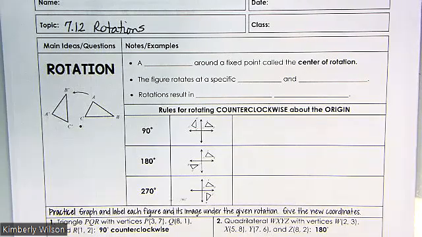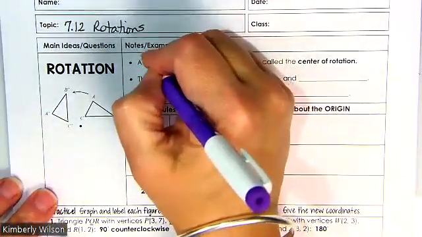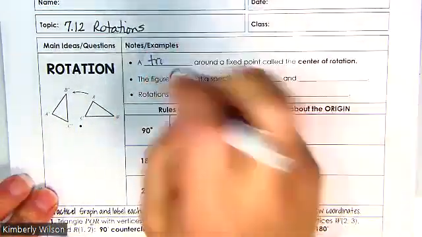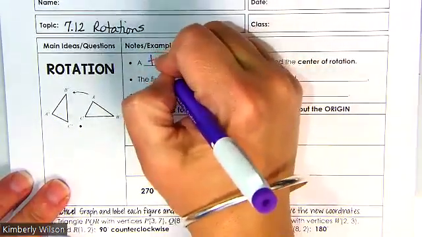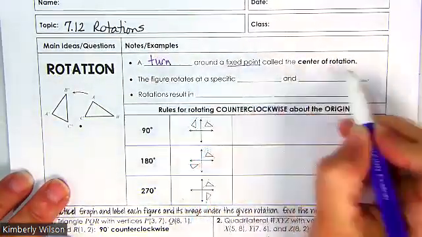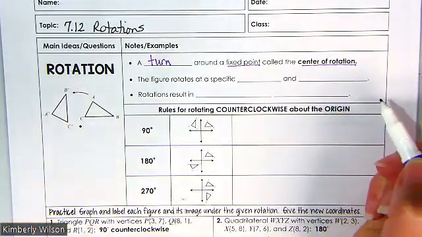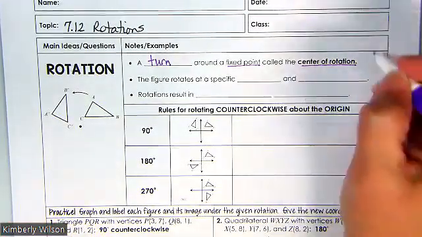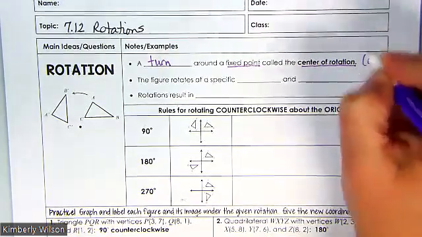Guys, today we're covering 7.12 rotations, which is another form of a transformation. It is a turn, and I can't spell turn, obviously. It is a turn around a fixed point called the center of rotation. This is normally the origin. For our purposes, it will be. Okay, so for us, it's going to be the origin,